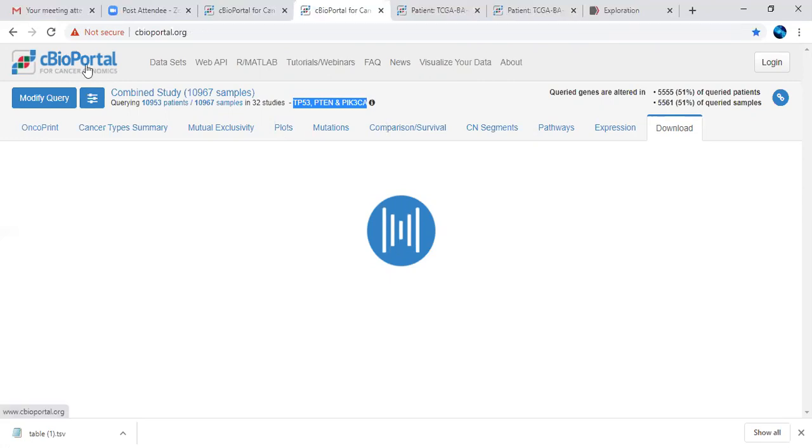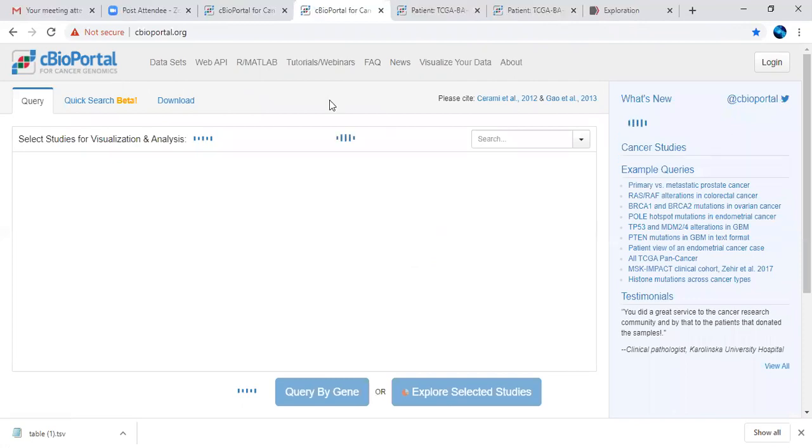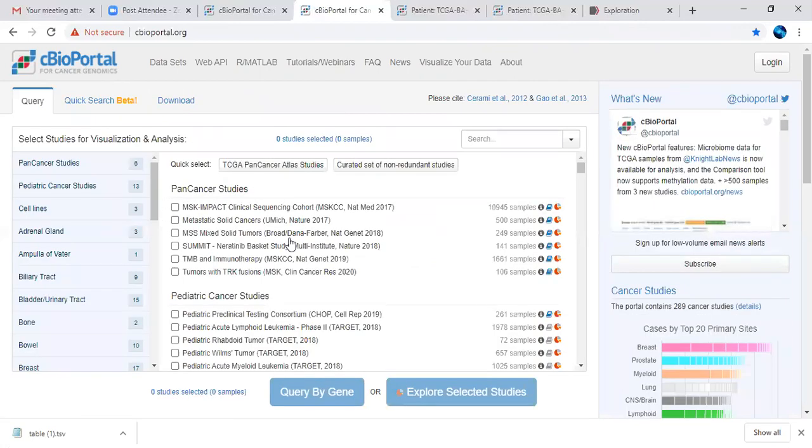In this cBioPortal, you can also directly download the data set, that is, clinical and genomics data sets.